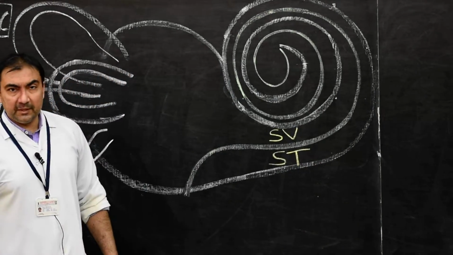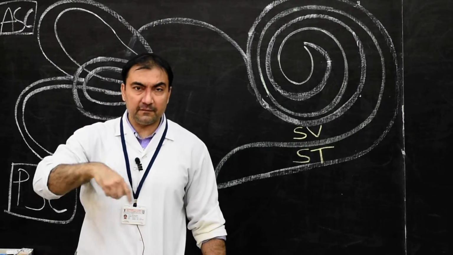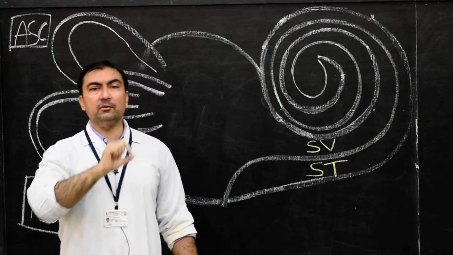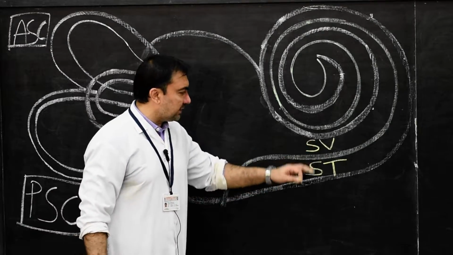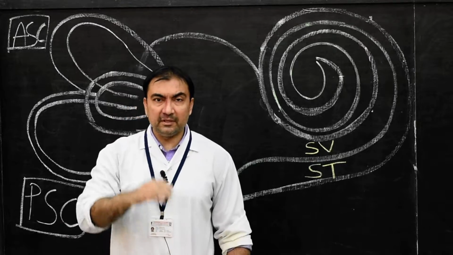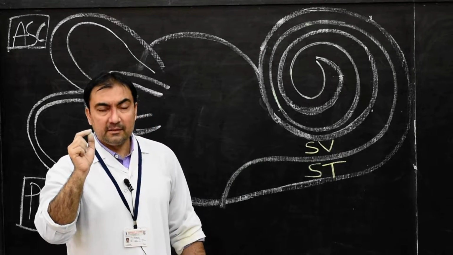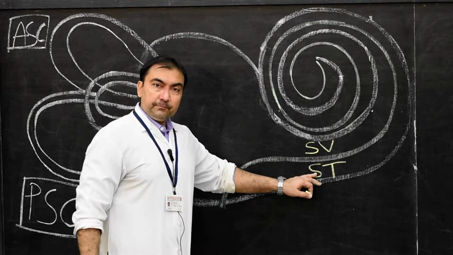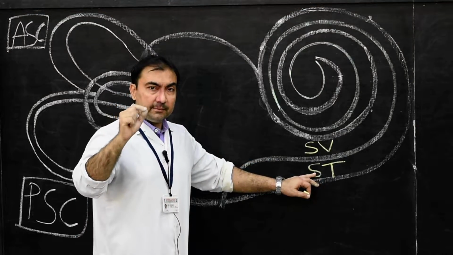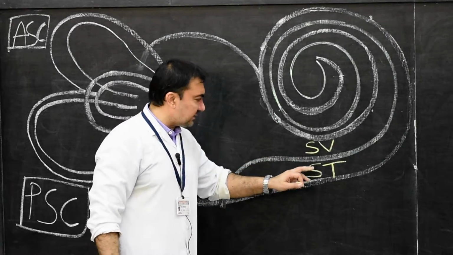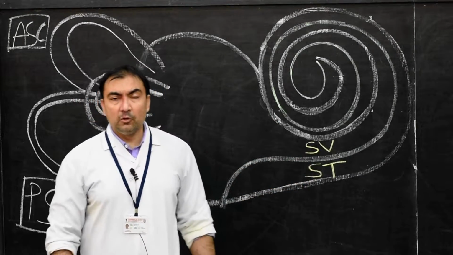So therefore osseous spiral lamina is a deep fissure within the cochlear canal which is dividing the entire cochlear canal into 2 segments, upper and lower. Upper will be known as scala vestibuli, lower will be known as scala tympani. Then we come to scala tympani. Now this scala tympani, remember still we are in cochlea only.